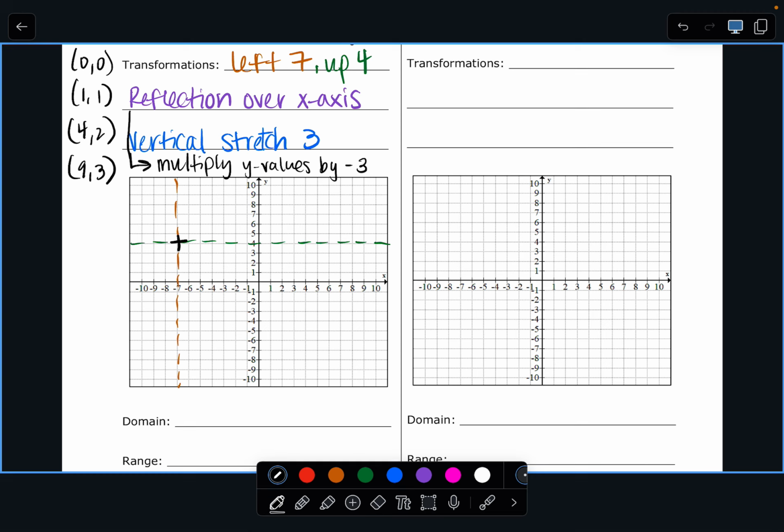You can do it mathematically, but when you name it, you have to name it separately. So you have to list the reflection, which is the negative, and you have to list the vertical stretch. We can't say vertical stretch of -3, but we will apply it together. So I'm going to do 0, because 0 is not changing, 1, 4, 9. And then all of those values are going to get multiplied